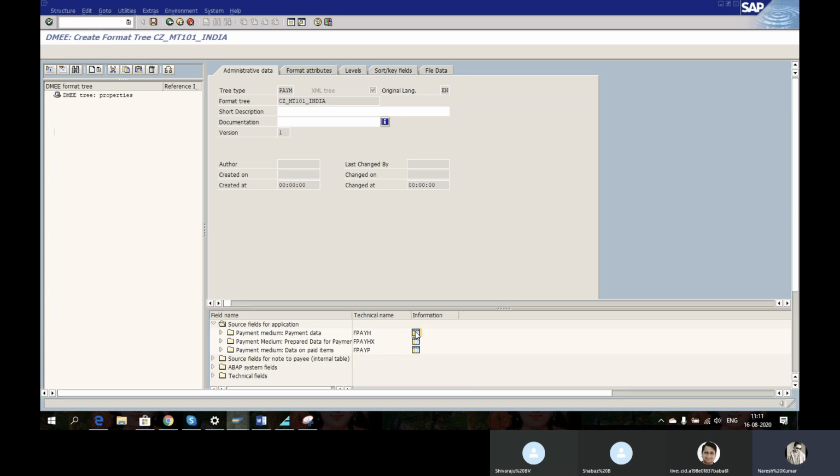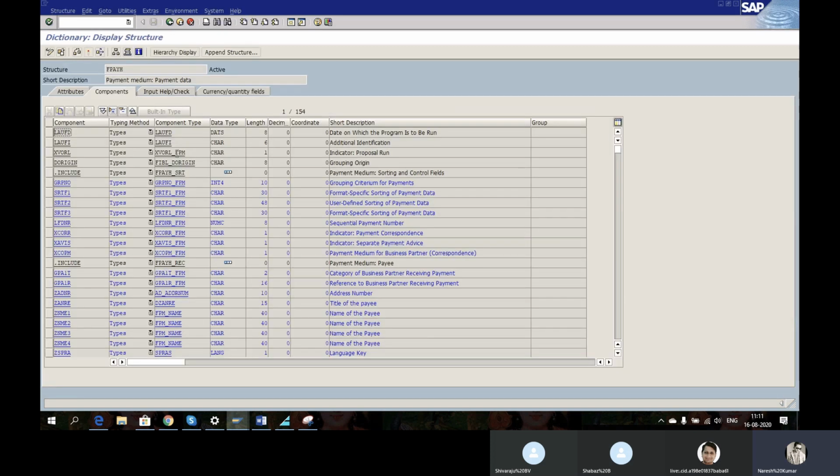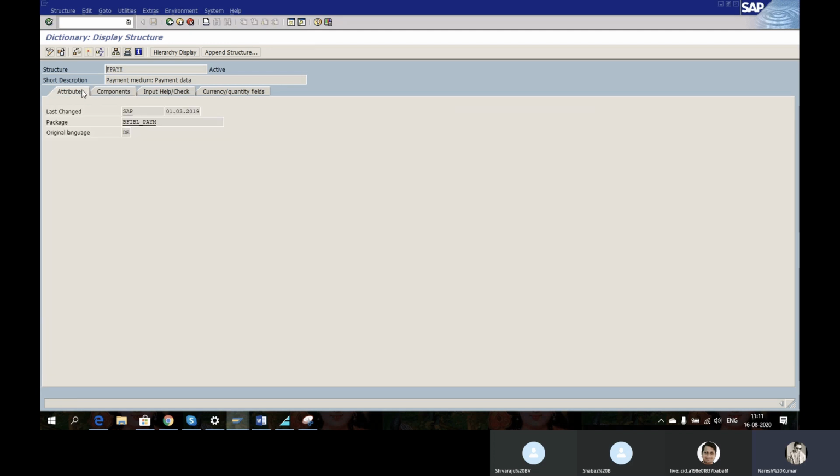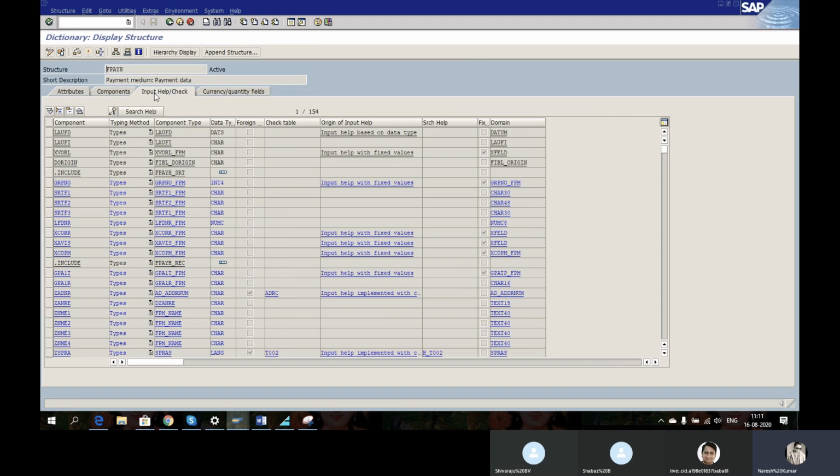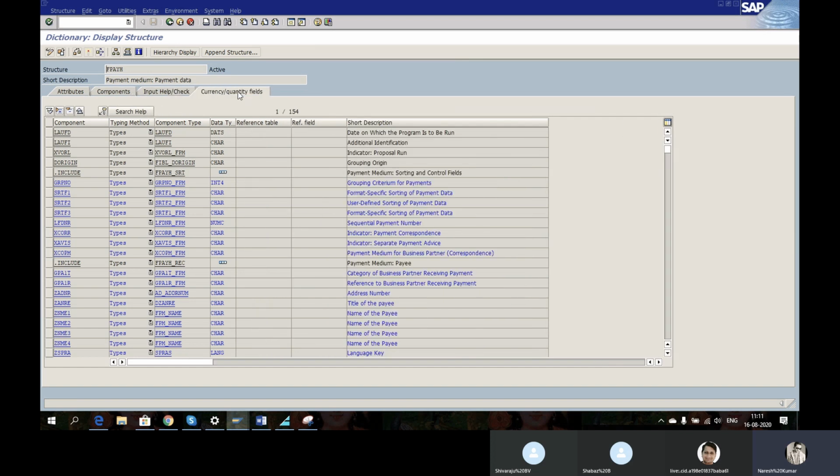PAYH technical name. Attributes, the package, component. Under component we will be able to see input and output. Input is based on the type and currency quality fields.